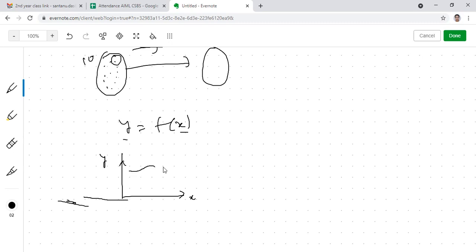Let's say this is an arbitrary graph of the function. I'm not saying that this is the exact graph of x squared minus 4 by x minus 2. And let's say this is the point x equals 2. At all other points there is a functional value, because at a point, if I draw a perpendicular, its length will be the functional value. But at x equals 2, the function doesn't have a functional value. So at x equals 2, we need to check whether the function has an approximated value or limiting value. If I could provide an approximated value of the function at the given point, then we say that the function has a limit, otherwise the function doesn't have a limit.